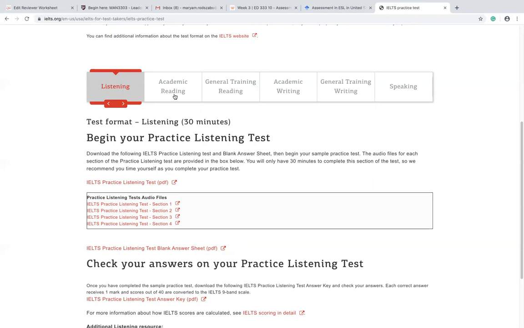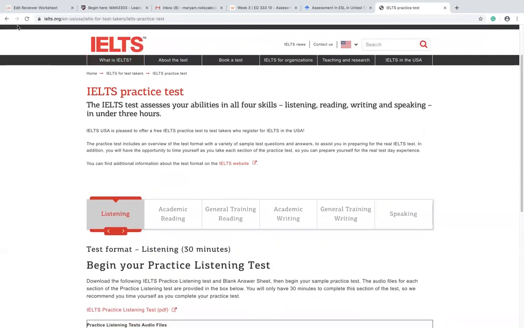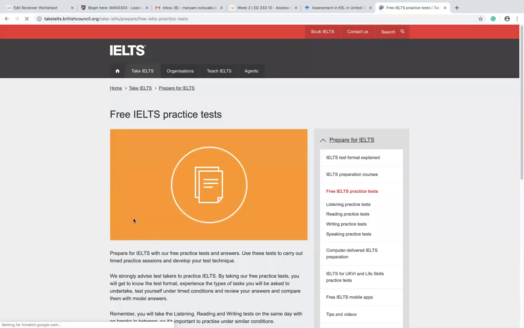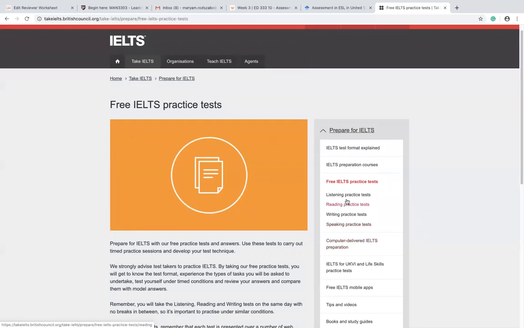So try to take a little time, if you can, sometime this week or next week, to take one of these practice tests. This is another one. And this test is going to take at least 2.5 or 3 hours, because the speaking is separate. They have a speaking practice test. The speaking is always conducted with an actual person interviewing the person taking the test, but it still is nice to look at some of the samples that are available.